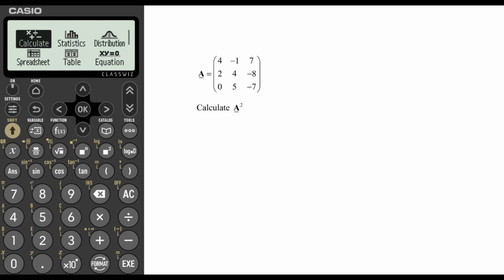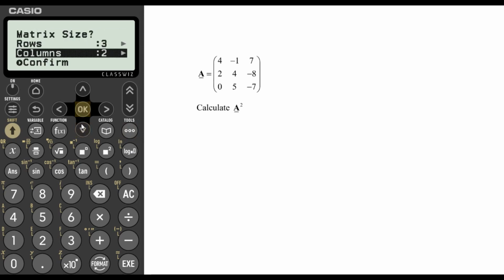We can use our calculator to square matrices. For example, we are given the matrix A, 4, minus 1, 7, 2, 4, minus 8, 0, 5, minus 7, and we have to find A squared. Now from the main menu, go to the matrix sub-menu. We need to define matrix A, so click Tools, click OK on matrix A. Matrix A has 3 rows, matrix A has 3 columns. Let's confirm this. We have matrix A which is equal to 4, minus 1,